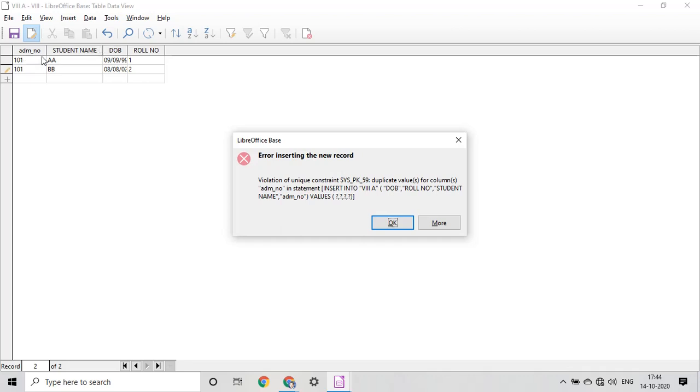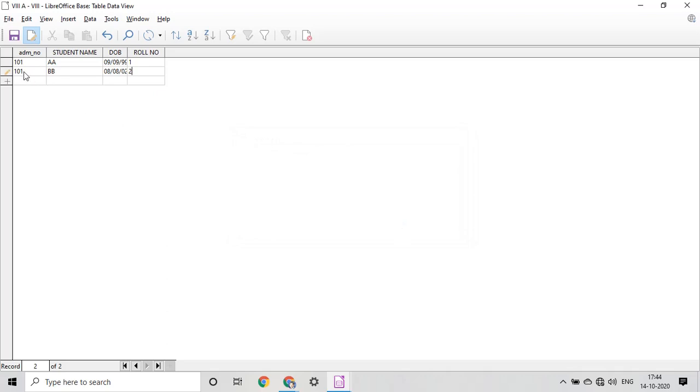As we have assigned admission number as a primary key, we cannot enter same value in that primary key option, right? So what we have to do, we have to change this number. Now you can see we can move to the next line. So I think concept of primary key is clear to you all.